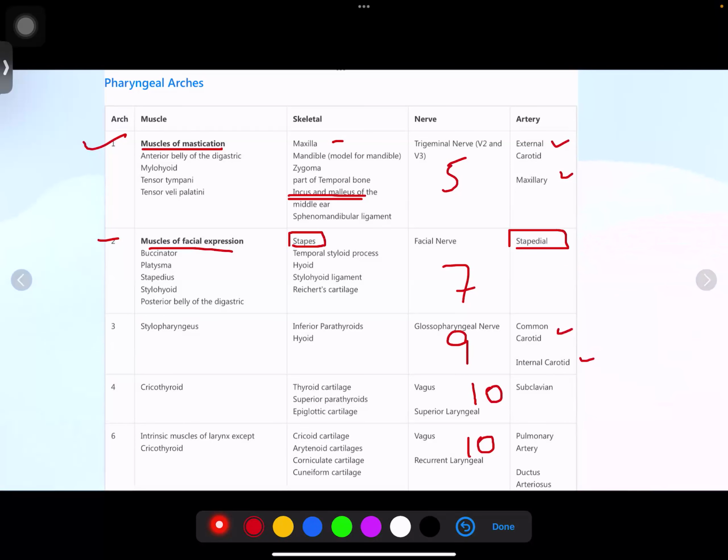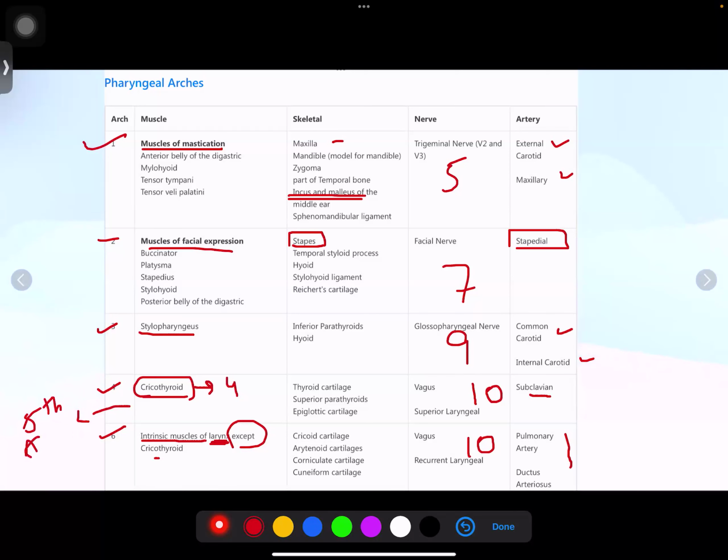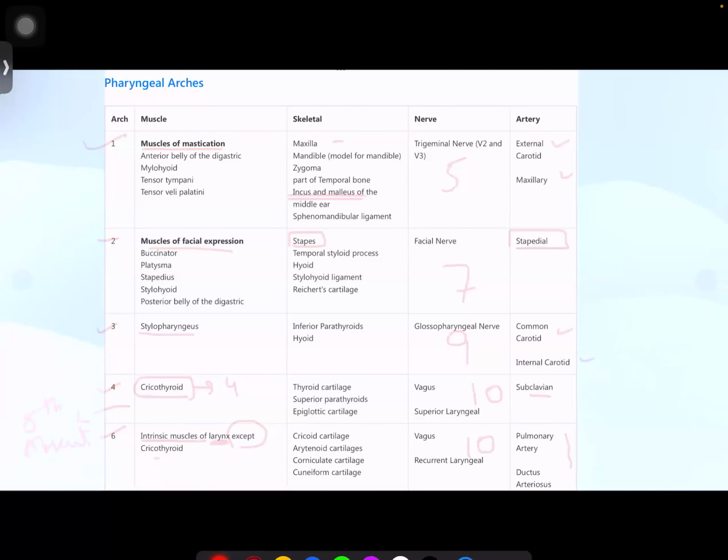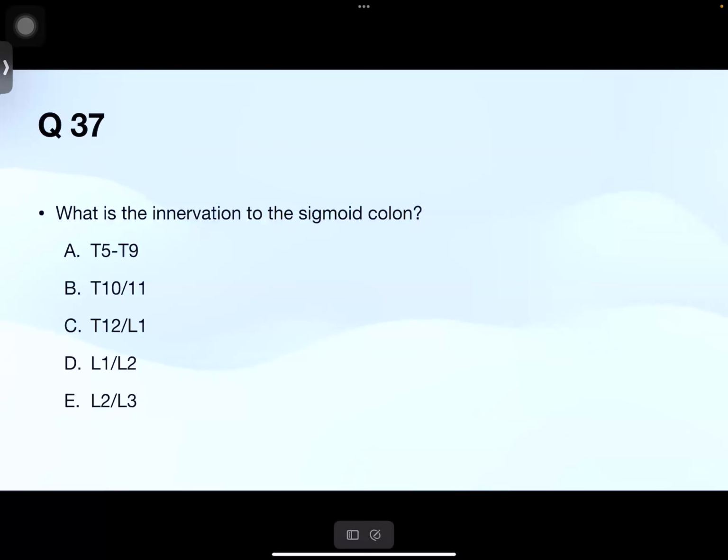ठीक है, सो फर्स्ट में एक्सटर्नल कैरोटिड और मैक्सिलरी आ रही है, फिर थर्ड में कॉमन कैरोटिड और इंटरनल कैरोटिड है, फिर सबक्लेवियन है, फिर लास्ट में पल्मोनरी आर्टरी और डक्टस आर्टेरियोसस है। और थर्ड में कौन सी मसल्स है, स्टाइलोफेरिंजियस है, फिर फोर्थ में क्रिकोथायरॉइड है, और सिक्स्थ में बाकी लेरिंक्स की। तो इंट्रिंसिक मसल्स ऑफ लेरिंक्स सिक्स में आते हैं एक्सेप्ट क्रिकोथायरॉइड। तो क्रिकोथायरॉइड जब भी आएगा तो वो फोर्थ आर्च का आता है। अच्छा, यहाँ पे फिफ्थ नहीं है, फिफ्थ हमारी रुडिमेंट्री होती है, वो एब्सेंट हो जाती है, कोई स्ट्रक्चर डेवलप नहीं होता। ठीक है, तो मोटी मोटी सी इसमें जो नर्व्स और मसल्स हैं, इतना भी कर लें तो दैट इज इनफ।